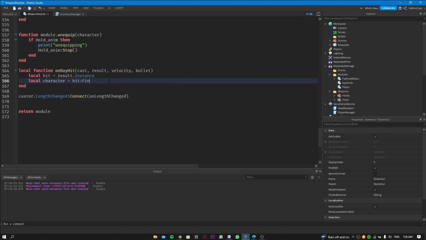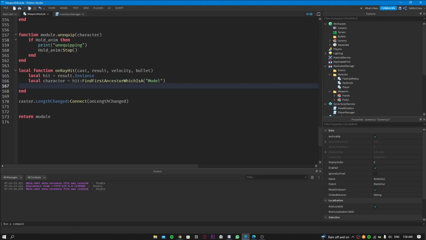So hit find first ancestor, which is a model. I think this would work fine. There are other ways to do it, but yeah, this should work fine. If character and the character find first child humanoid, then